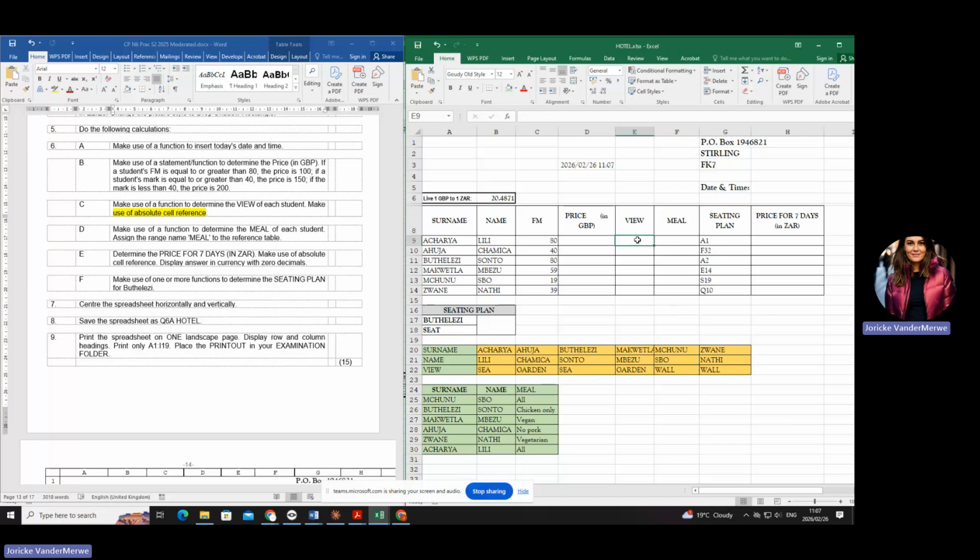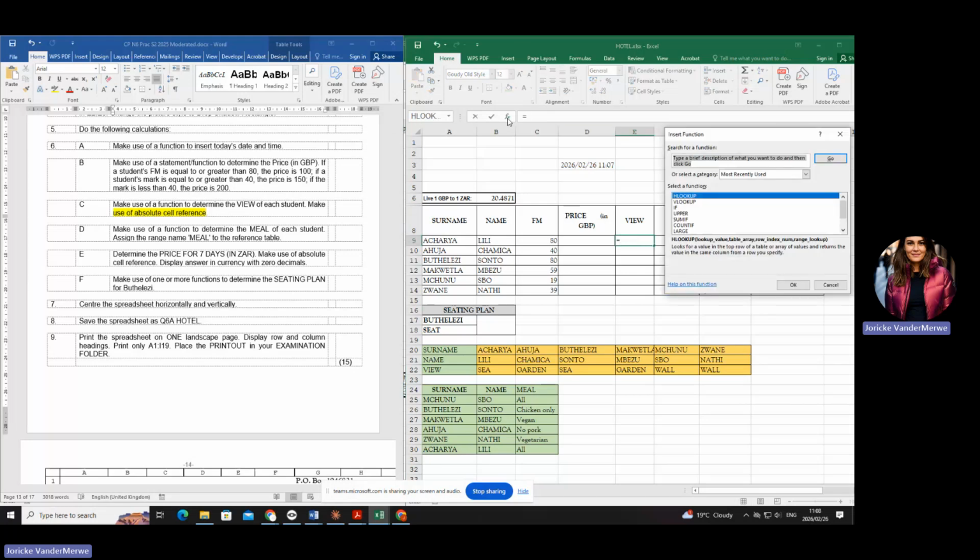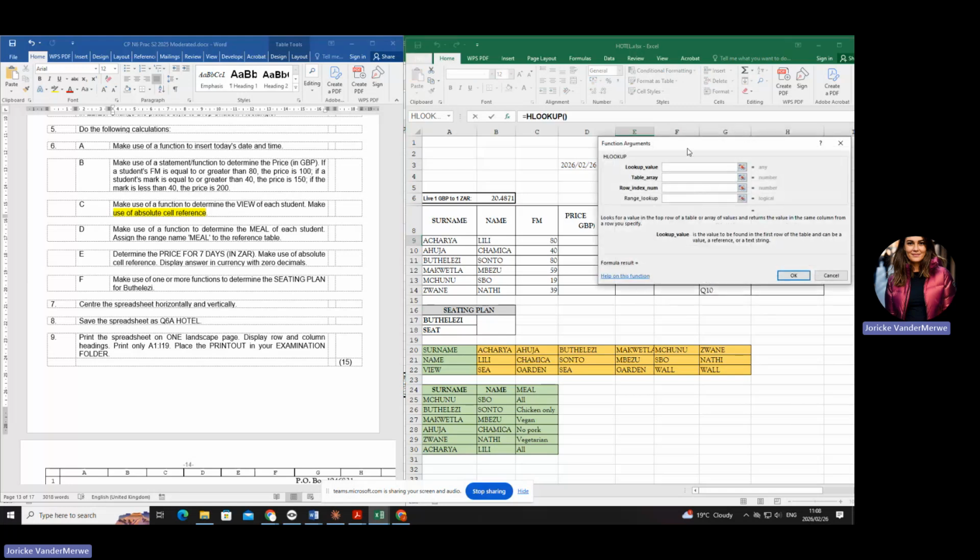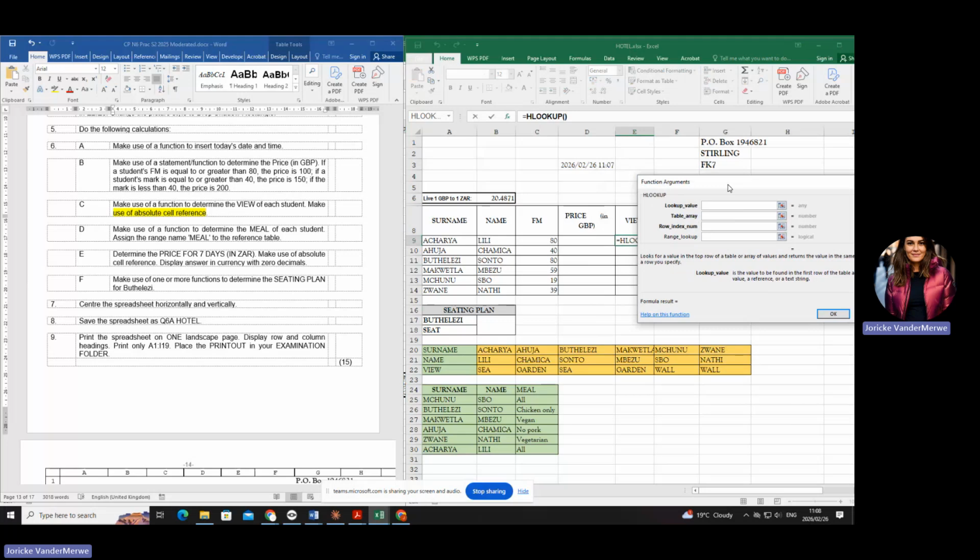Our next step, according to that little thing in front of you, is equal. Then I'm going to go to FX and I'm working in a what table? An HLOOKUP. What is my lookup value? The value that's already in my table. What value is in my table? Actually, surname and name, but I'm going to work with surname because we sorted it according to surname. Are you with me? Does that make sense to you why I'm choosing that one?